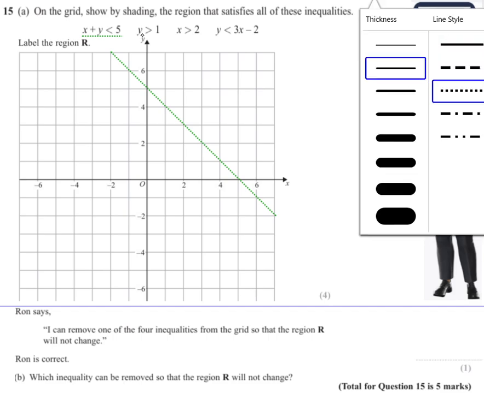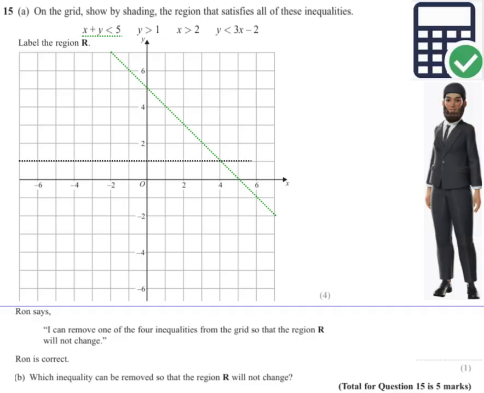and it says y is greater than 1. We can't make it a solid line, because it's greater than; if it was greater than or equal to, we would make it a solid line. We're making it a dashed line. y is greater than 1. We need to shade above this particular line, and let's label that here, and then let's go to the red. Let's change the color,